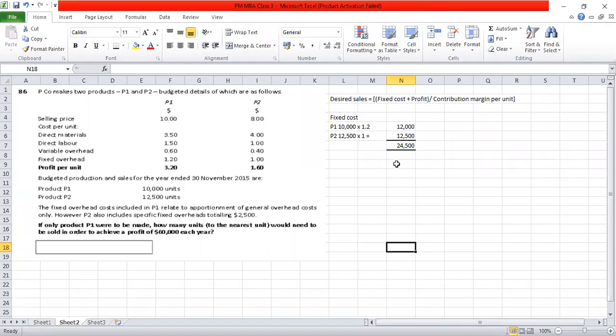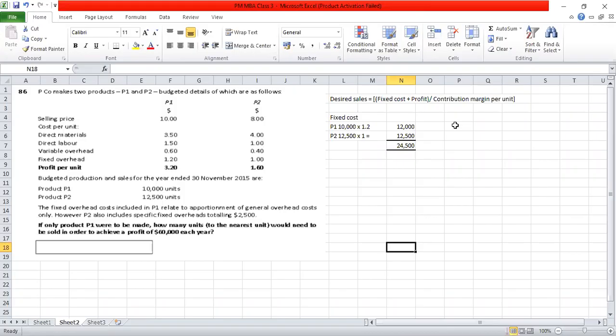What does the question say? It says the fixed overhead included in P1 relates to apportionment of general overhead cost. However, P2 also includes specific fixed overhead totaling 2,500. One is allocated fixed cost, one is very specific fixed cost, which is 2,500, which will not be incurred if P2 is discontinued because it is specific, identified with P2 only. If P2 is there, that cost will be there. If P2 is not there, that cost will not be there. So how much is that? That is 2,500. So once we deduct that 2,500,